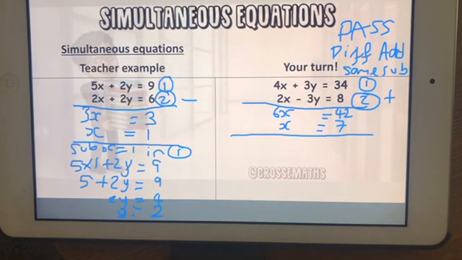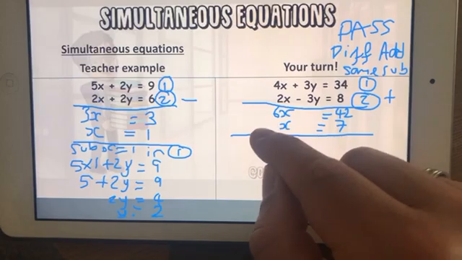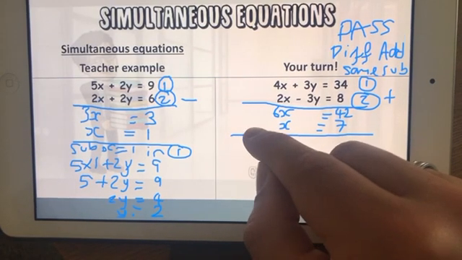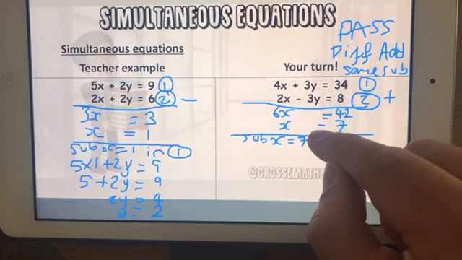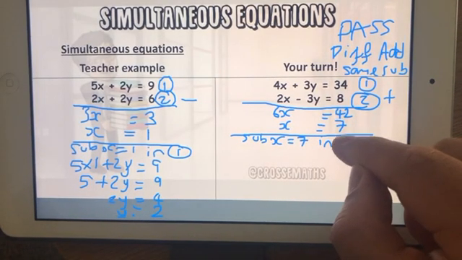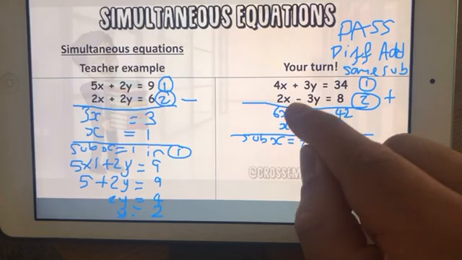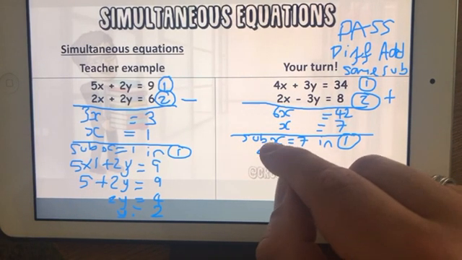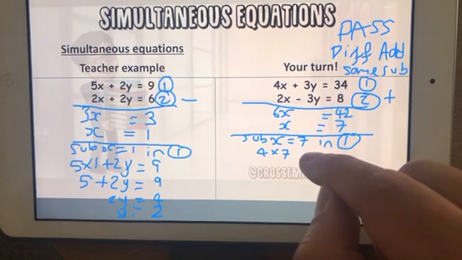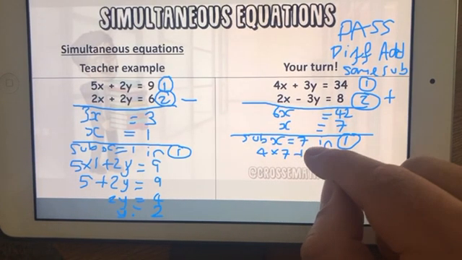Okay, now that I know x equals 7, I'm going to substitute x equals 7 into equation 1 again. So I've got 4 times x, so 4 times 7, plus 3y